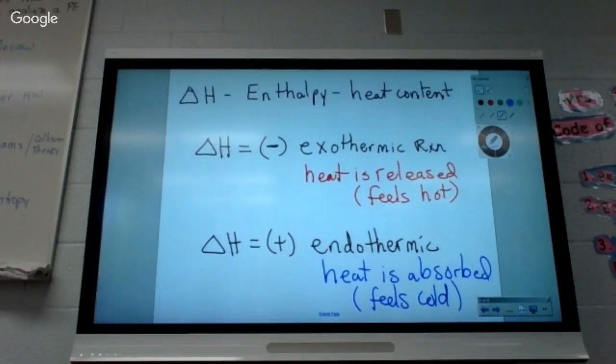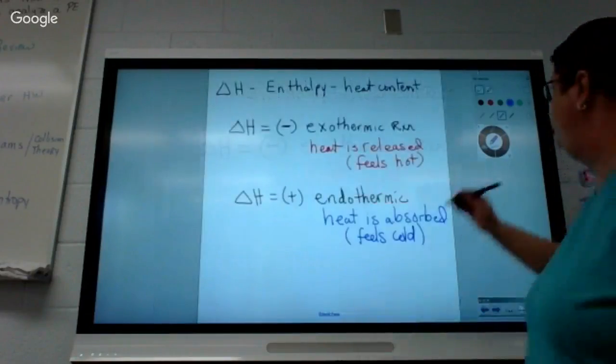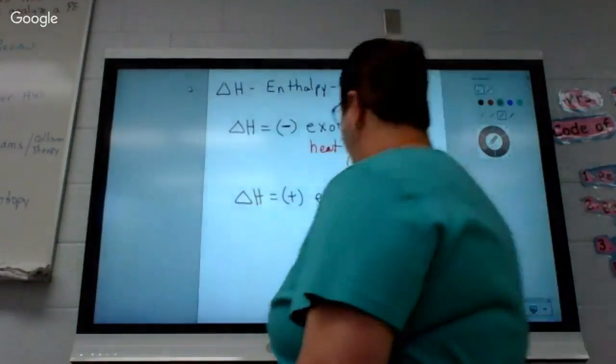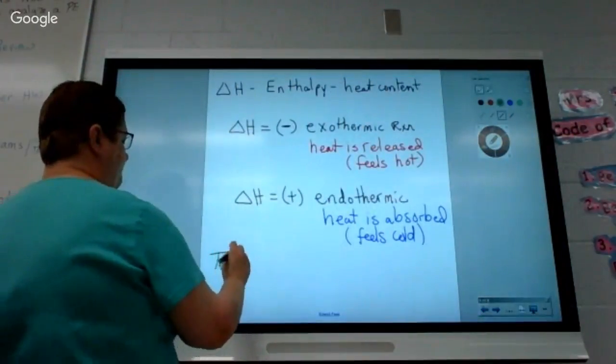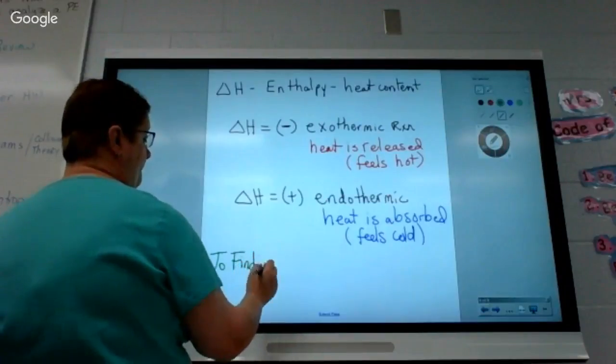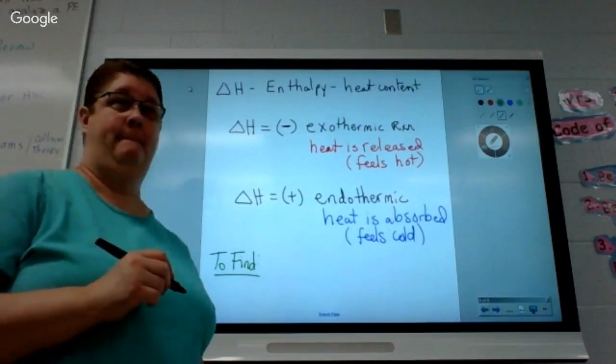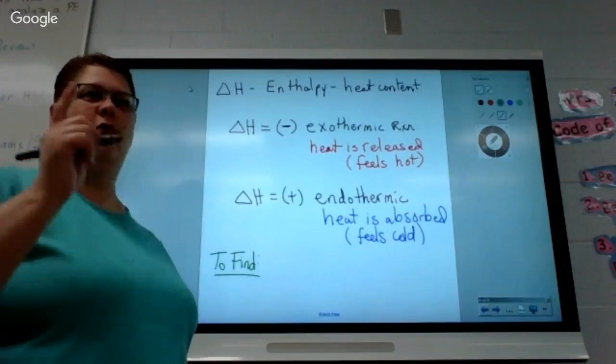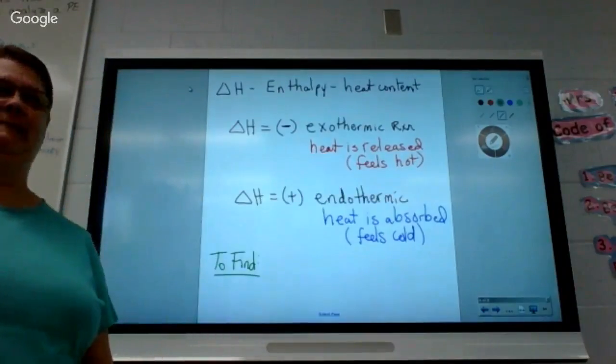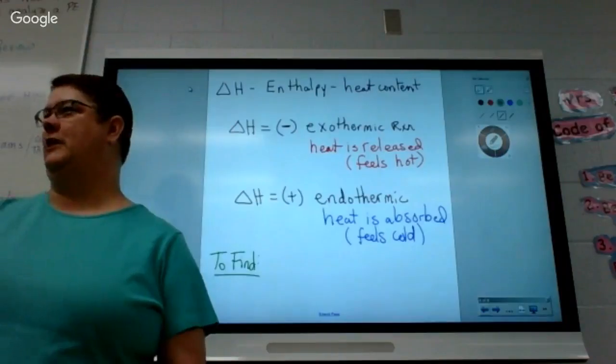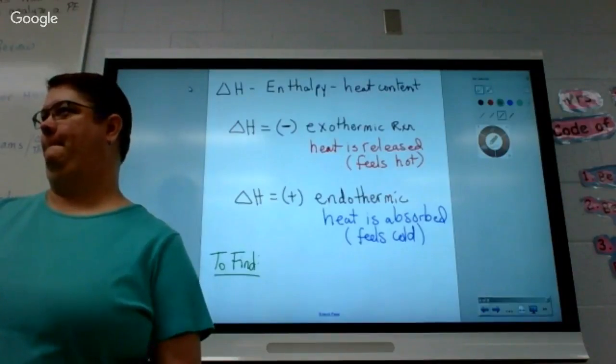All right, so we need to figure out in our graph, is it endo or exothermic? And we need to calculate delta H. So, how are we going to find delta H? Any ideas? You subtract EA and reverse EA, something like that. Nope, don't have to do EA. Where on the graph to where on the graph? From like the top to the bottom. All right, what top to what bottom? Reaction. There you go.